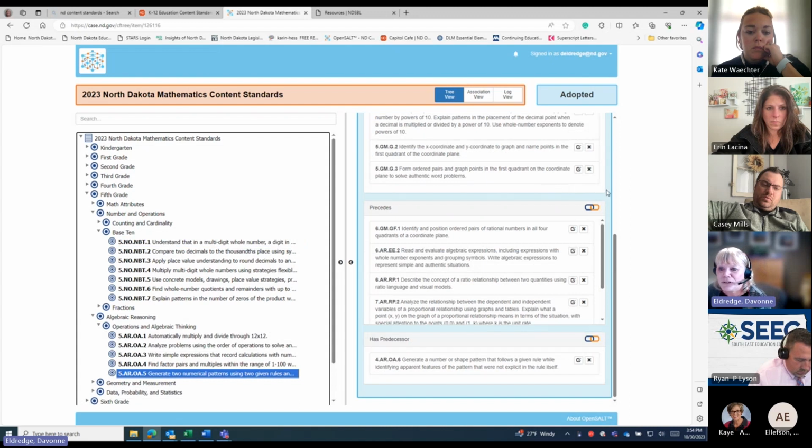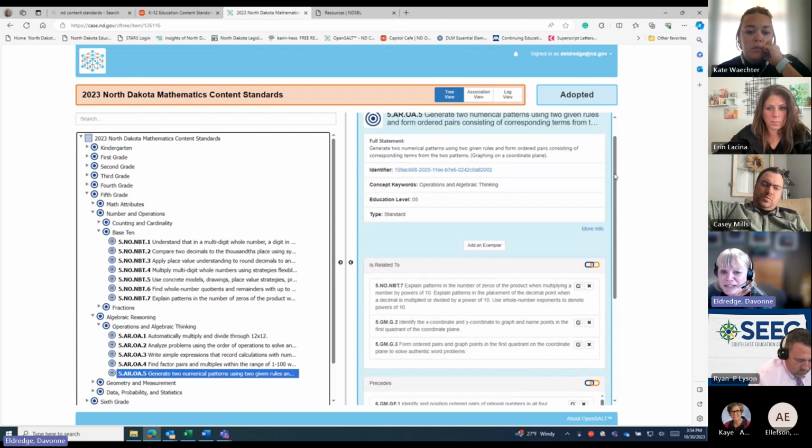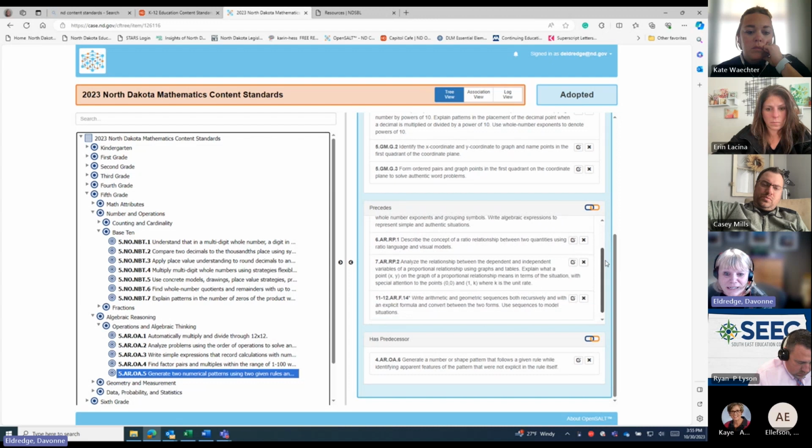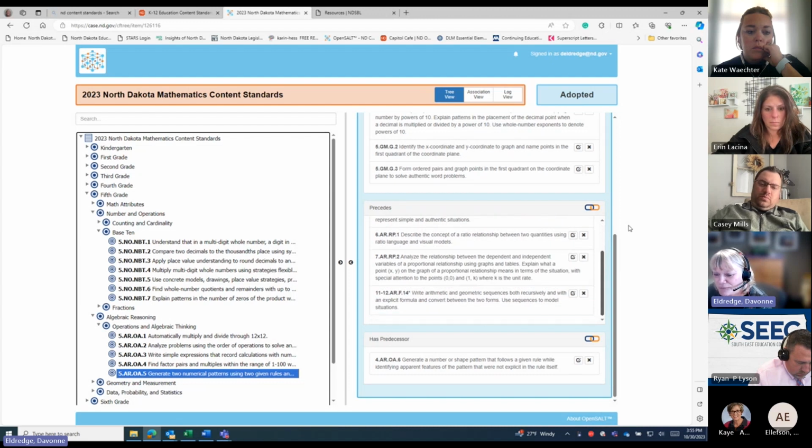For example, if you're looking at the patterning in 5th grade, you're going to see that there are some areas within 6th and 7th and 11th grade where the patterning would be, where the skills that you're teaching are going to develop some of that baseline that they need to get into those particular areas.